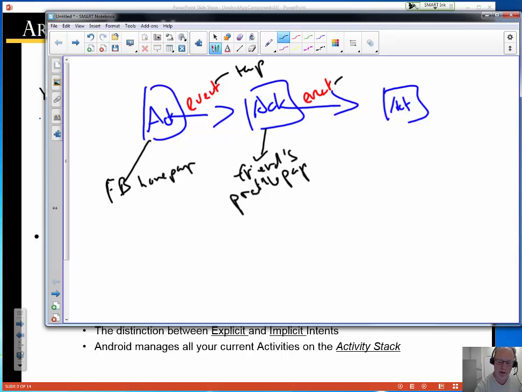Well, this next event might have been a notification. Maybe somebody sent you a text message. And so up in the top part of your screen, which is called the action bar or status bar, you see a little icon that says somebody sent you a text message. And so that event comes in, and your action would be to